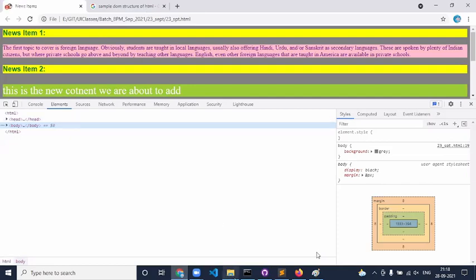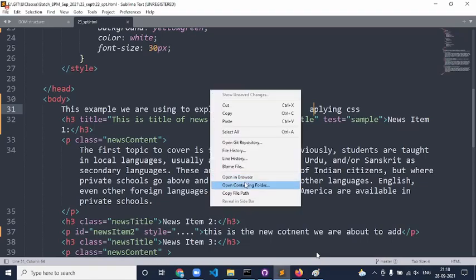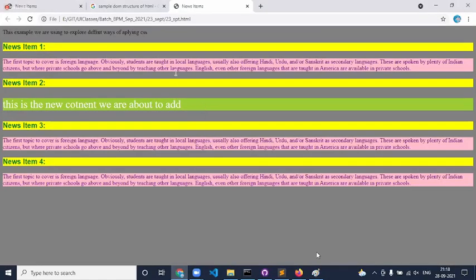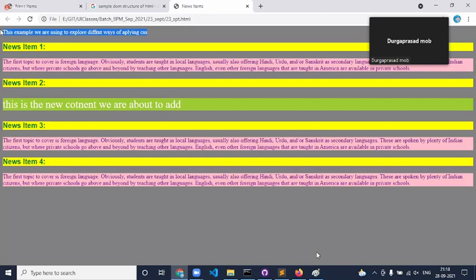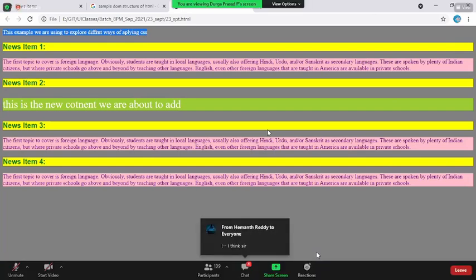Okay, fine. But you know what is happening? Open it in the browser. Now, if you see the problem, whatever extra information you have added, don't you see it on the HTML page? This is not a part of the content. That is just extra information that I added. If it is extra information, why are we showing it on the web page? It should not be shown, right? Then how do I add some content but at the same time stop the user from seeing it? How do I do that?